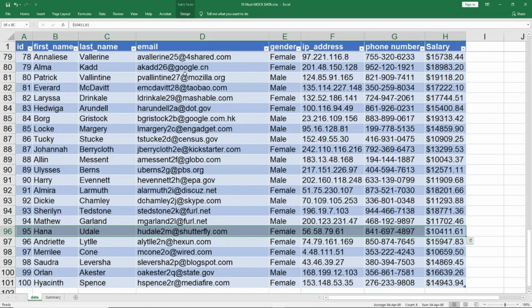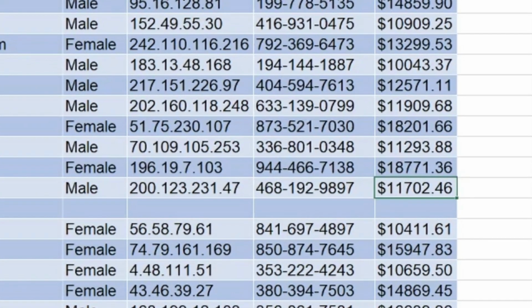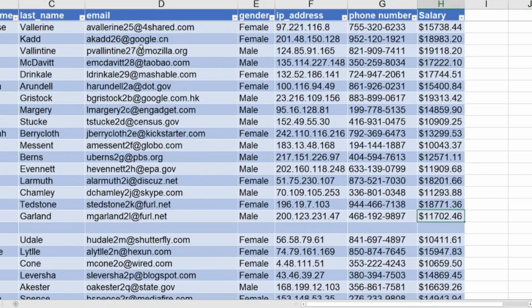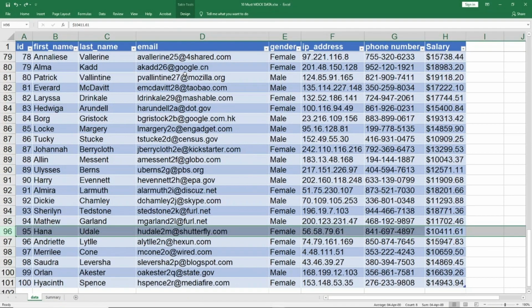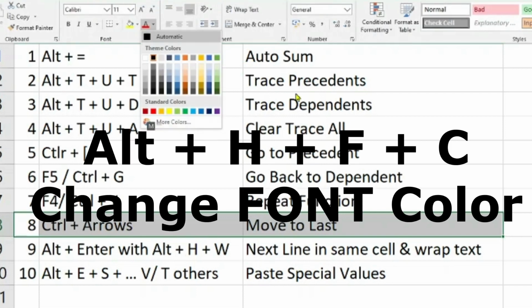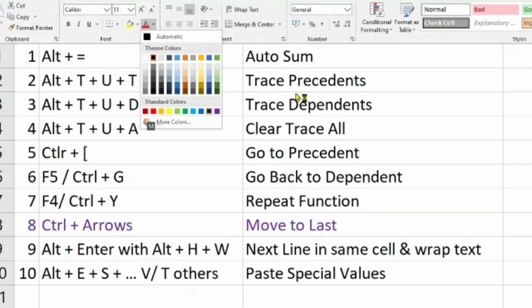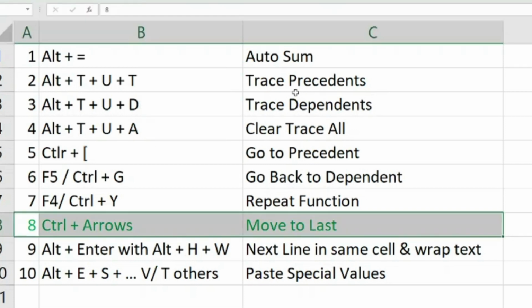Had there been a break, let me insert a row to show you. I go up. When I go down, it is taking me to H95. Because now there is a break, it says okay, probably this is the data range, and in this data range this ends on H95, so it stops here. So let me undo this. So I have told you here, let me quickly color this. Alt H FC for coloring. This one let me color green. Okay, so this one I have told you.